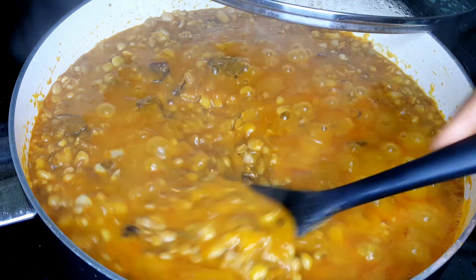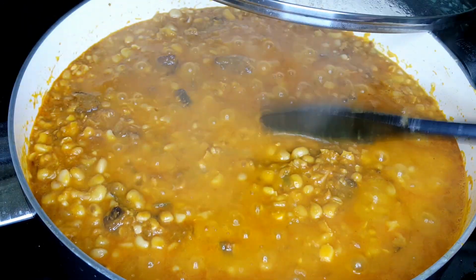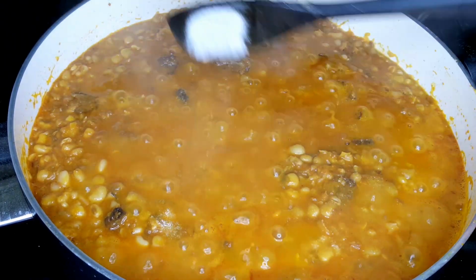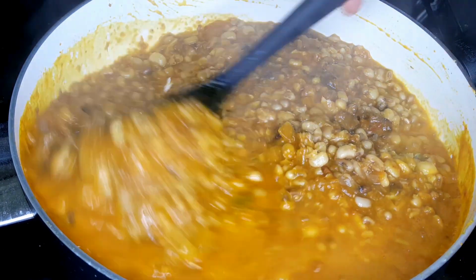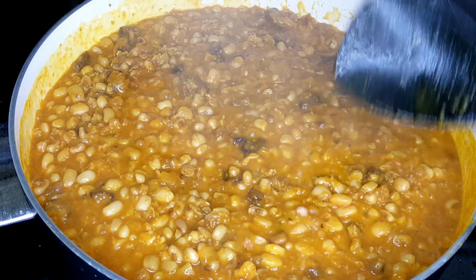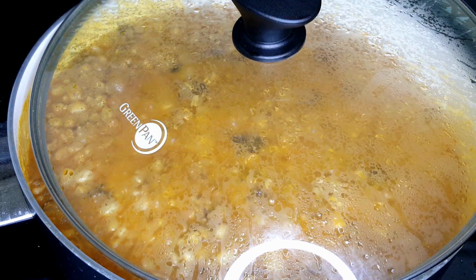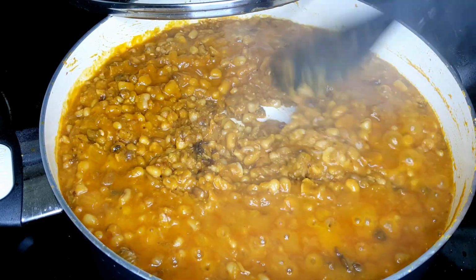Yes, so after adding that up, you have to give it a taste to make sure you have everything the way it should. So at this point, I think I needed some salt, because I haven't added any salt at all apart from the one I used for the meat. Yes, I think I added some salt for the meat. Yeah, so I added some salt, because you don't want to add too much salt to your food. So after I added the salt,